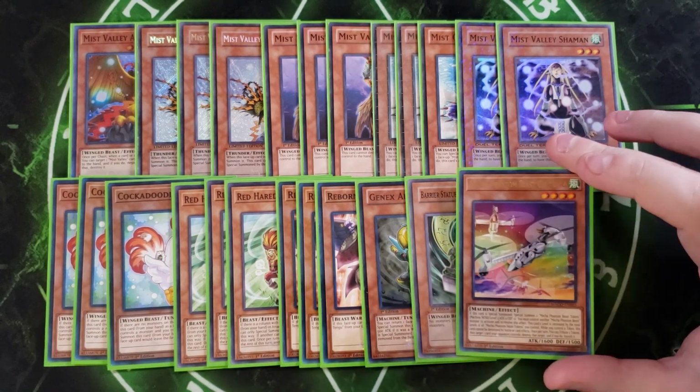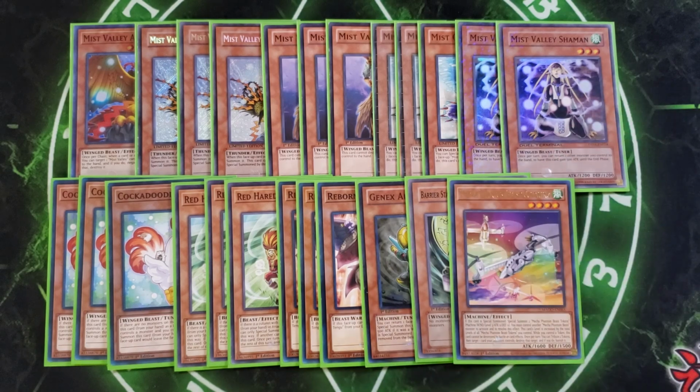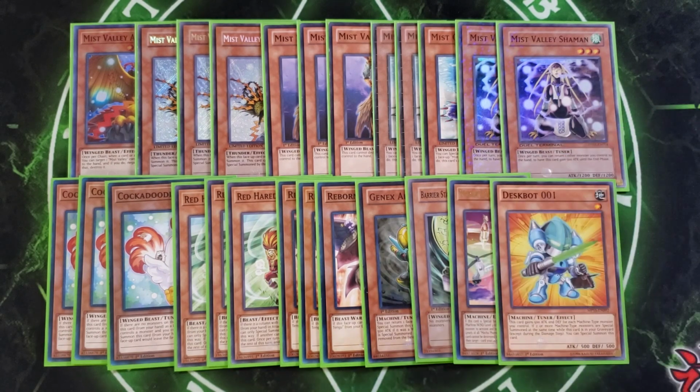We play a single copy of the Mecha Phantom Beast Colt Wing. Colt Wing just generates you a bunch of tokens on your field, and it's for the Auroradon combo, which I do play. The Auroradon combo and the Smorg combo in the same deck is just insane that you can do both. We play a single copy of Despot 01 because Despot 01 combos very well with the Auroradon combo